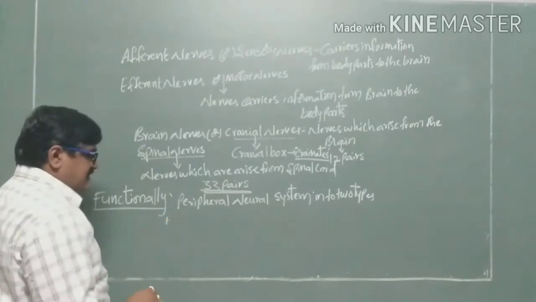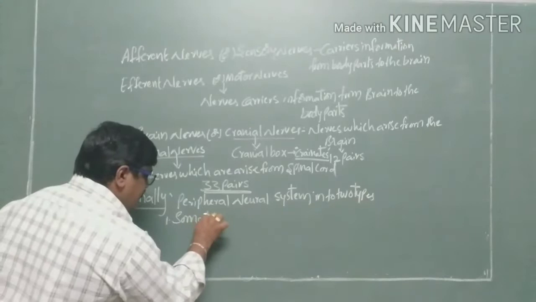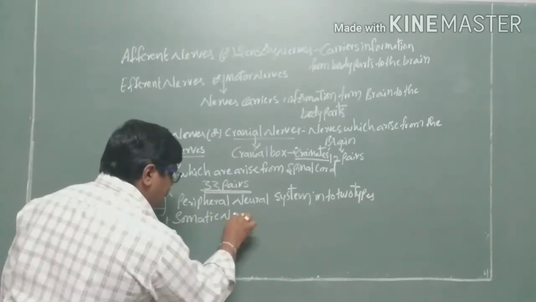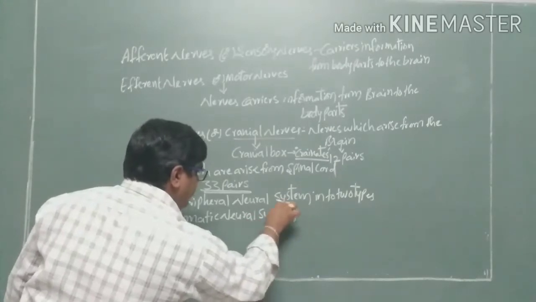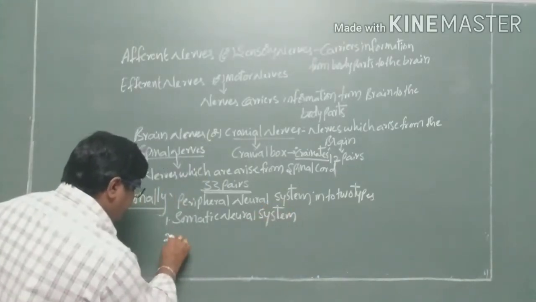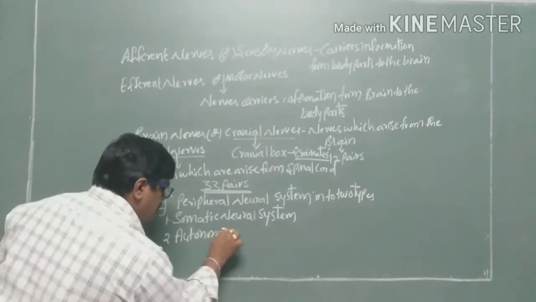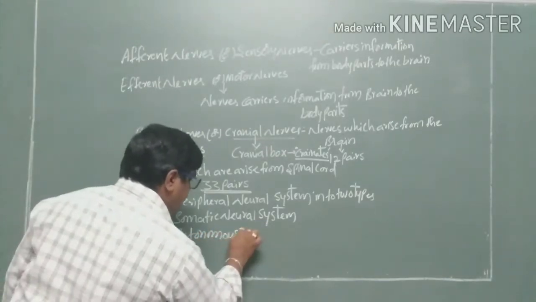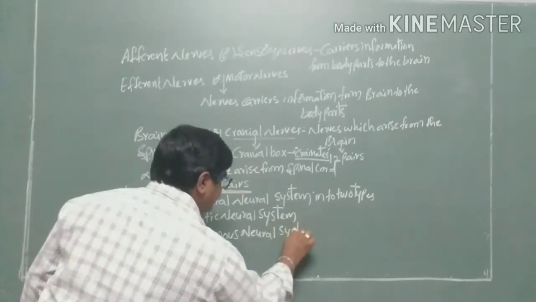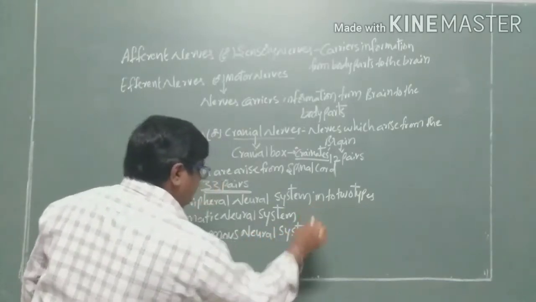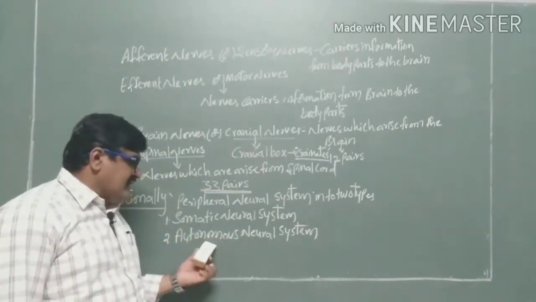One is called the somatic neural system, and the second one is the autonomous neural system. So, we have the somatic neural system as well as the autonomous,